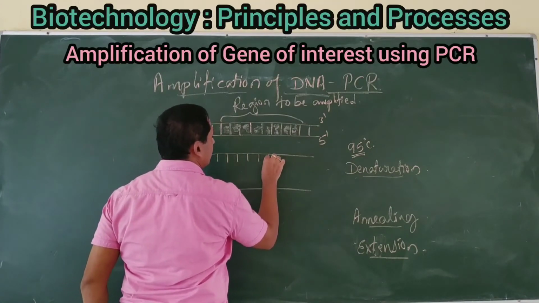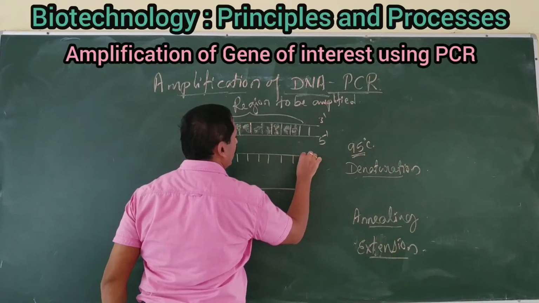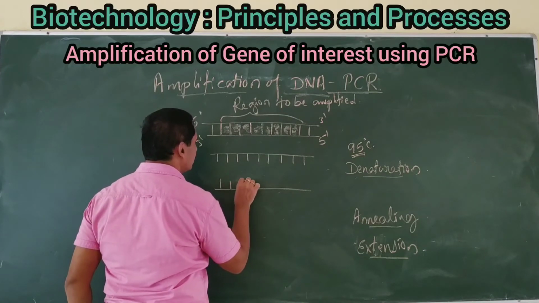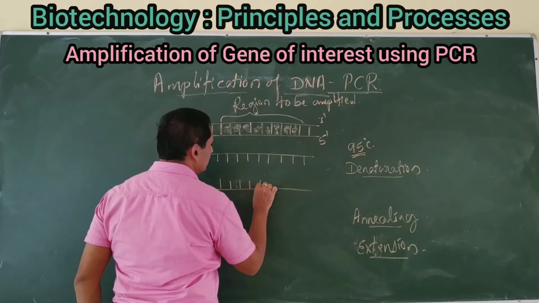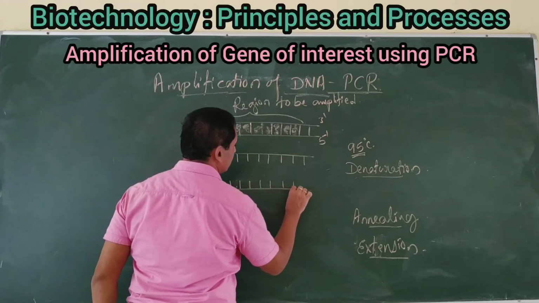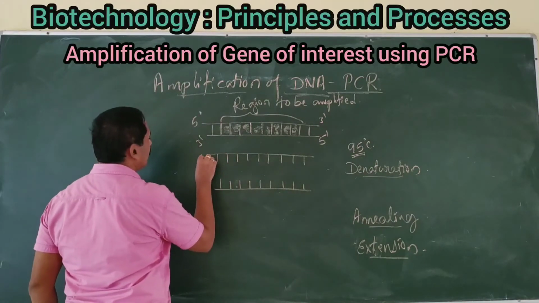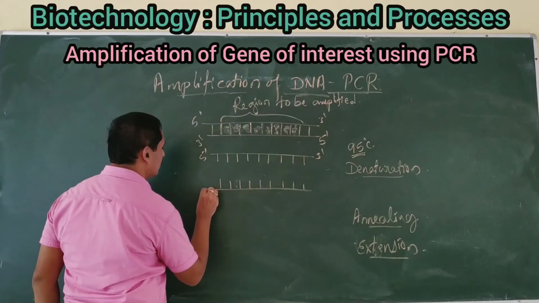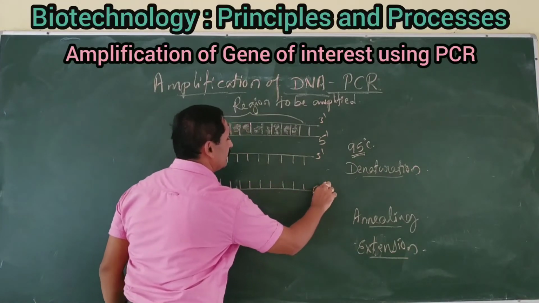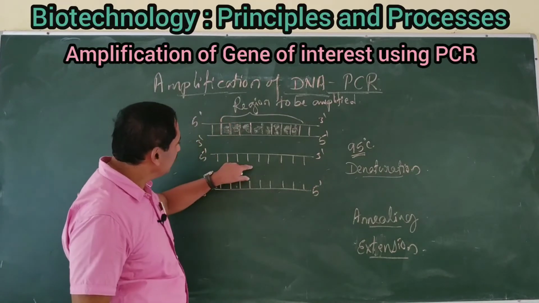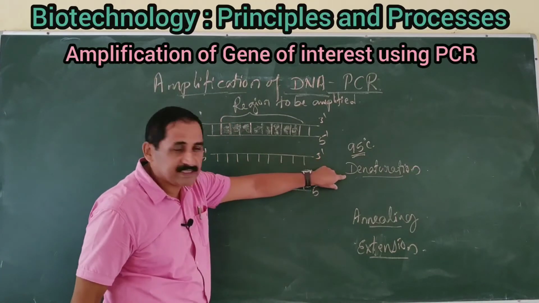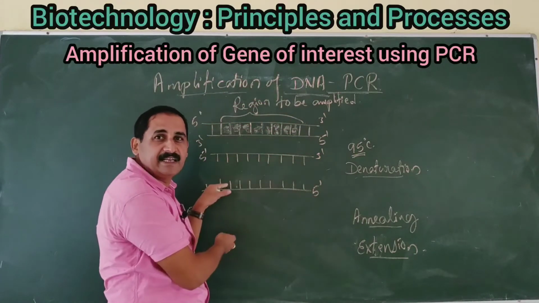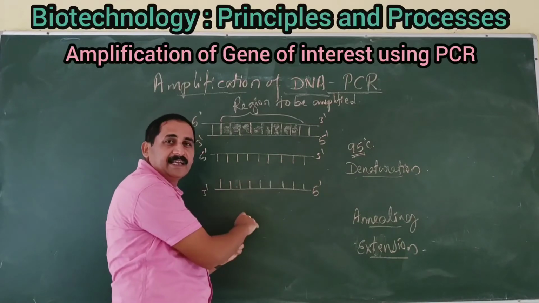Denaturation breaks the hydrogen bond, the weak bond between the two polynucleotide strands. The two strands get separated. So you can see the separation of two strands, one running in the 5' to 3' direction and the other in the 3' to 5' direction, the direction of linkage. In this way, the denaturation is completed. We have broken down this double-stranded DNA into single-stranded DNA.